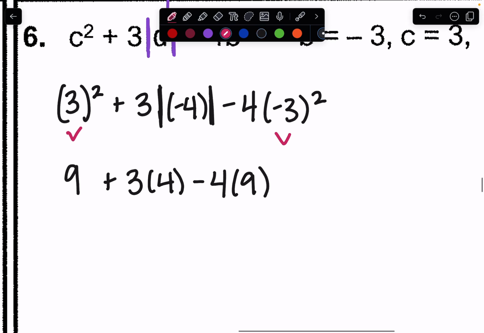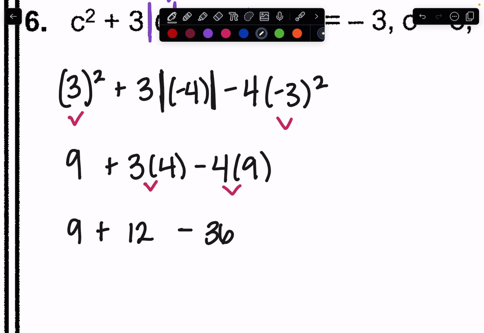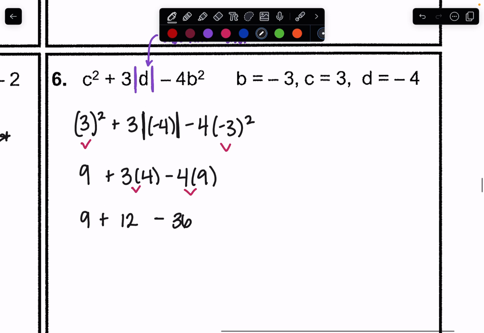Now we need to multiply. What two things are getting multiplied? The 3 and the 4, good, and the 4 and the 9. So I'm going to rewrite the 9 plus. I'm not adding anything yet. 3 times 4 is 12. I rewrite the minus because I'm not subtracting anything yet. 4 times 9 gives me 36. And now I have all adding and subtracting, right? So we can type that all in at once. 9 plus 12 minus 36 gives us -15. And there would be my